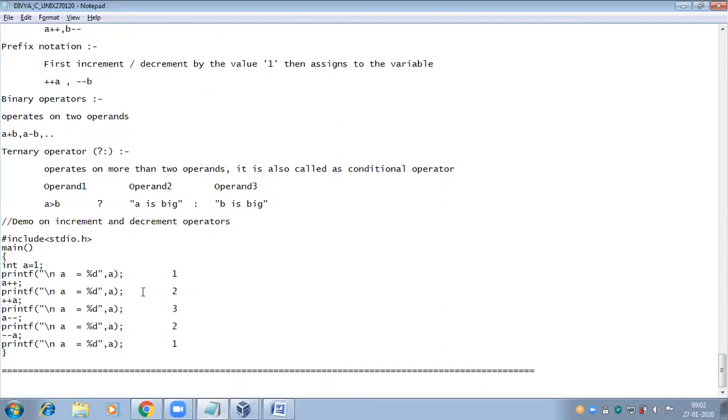Increment and decrement operators are most probably used in conditional looping, for incrementation or decrementation. In the conditional looping statements itself, we use the increment and decrement operators, plus plus and minus minus.